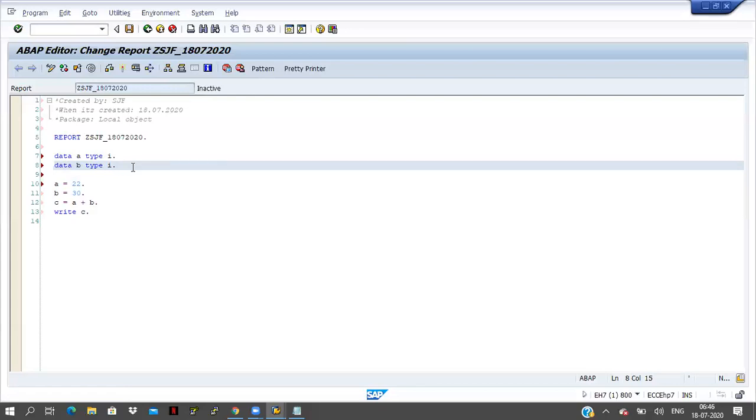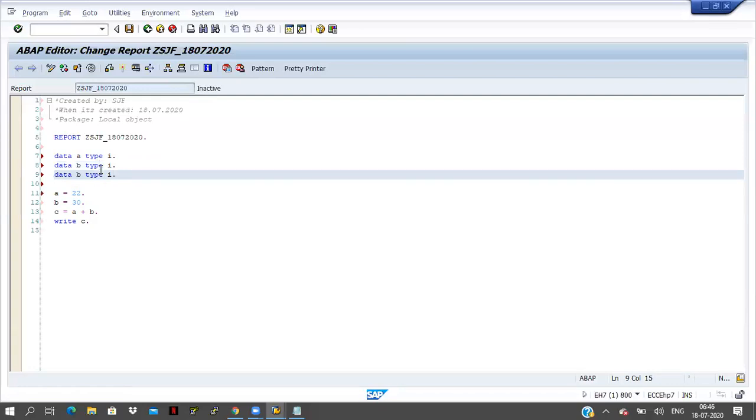One more way is, just keep the cursor on that line and click Control plus D. Control plus D, copy and paste, automatically it will come.